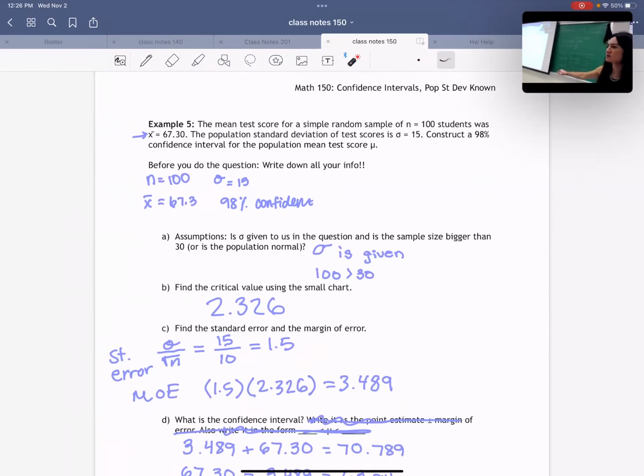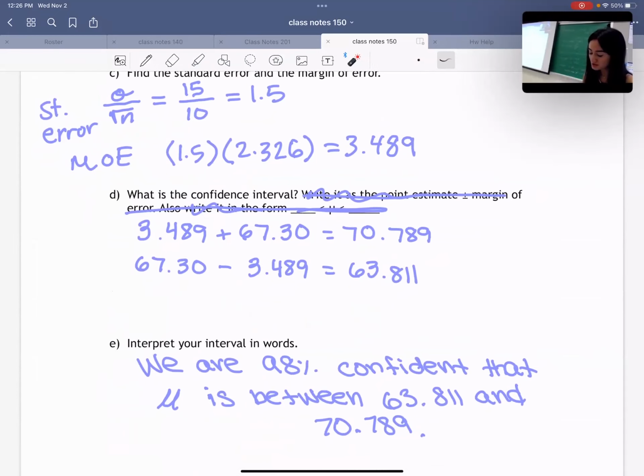Does anyone have any questions so far? Sounds good. Moving on to part D, this was actually figuring out what our confidence interval was. Jules, do you want to kind of take us through this? Yeah, I just added